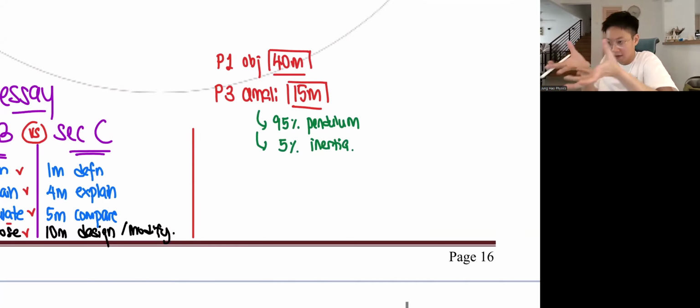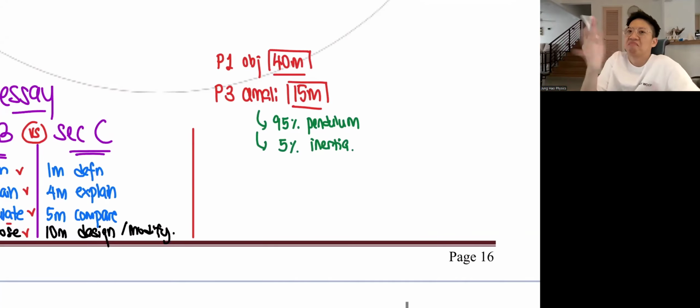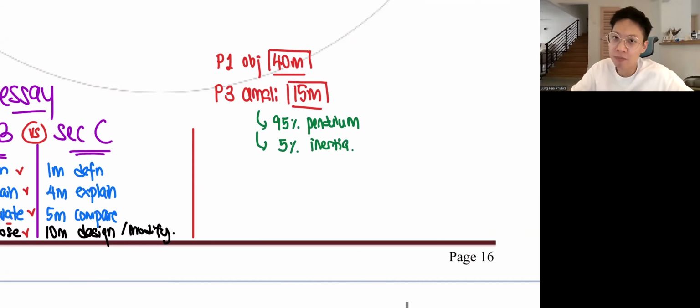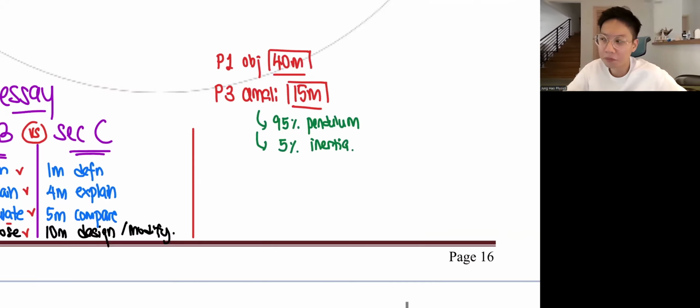The thing, the apparatus, because it's a very expensive kind of technology. So usually, for SPM Amali, they will ask you some lower cost Amali. That's why I predict these two, because these two are very cheap. You just get a ball, some strings, whatever, then you will be able to do the experiment already.